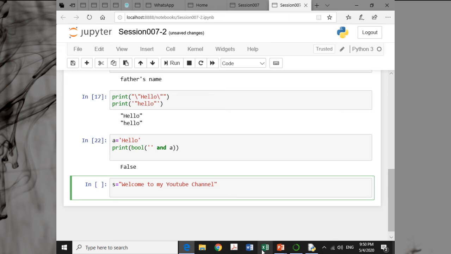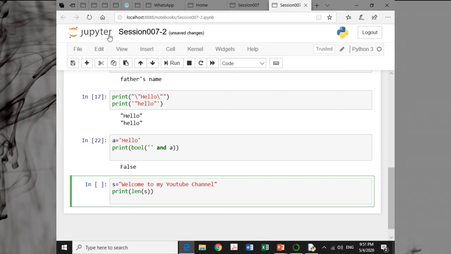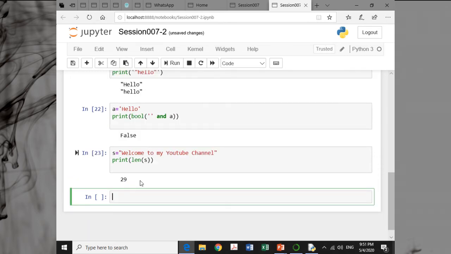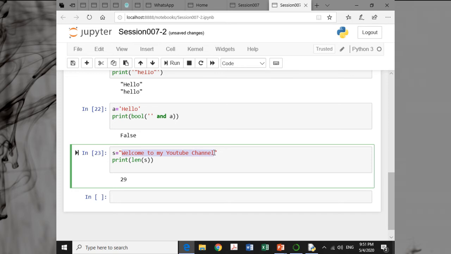Suppose this is your string, and if we say print len of s, it will print the length of the string, that is 29. There are total 29 characters, from 0 to 28. So that is the length of your string. This is just a sequence, and you are getting the length of this particular sequence, right?